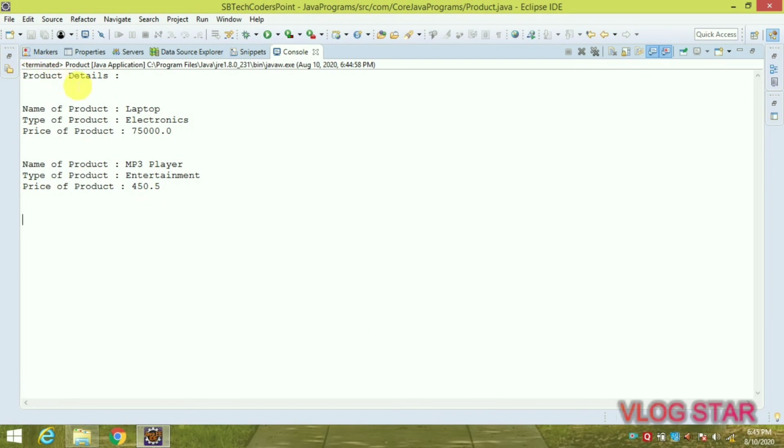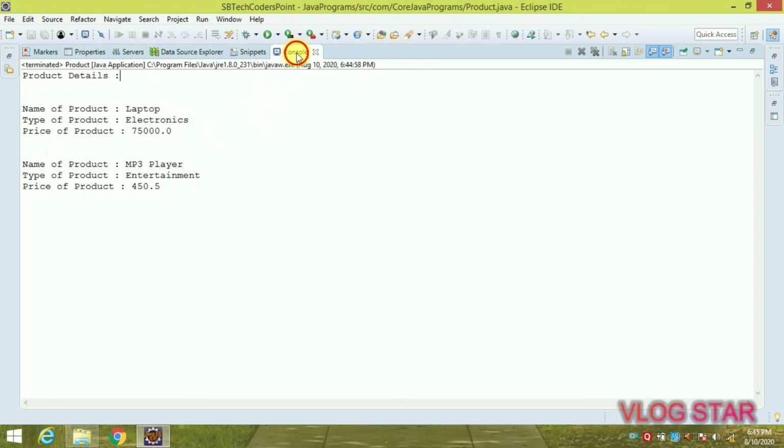So this is our output, and this first sentence, that is Product Details, is generated using the no argument constructor, and the rest of the part is generated using the parameterized constructor, that is this name of product, type and price. And similarly for the second one, MP3 Player, name, type and price, and this gap between these two, or we can say new line, is generated using \n.